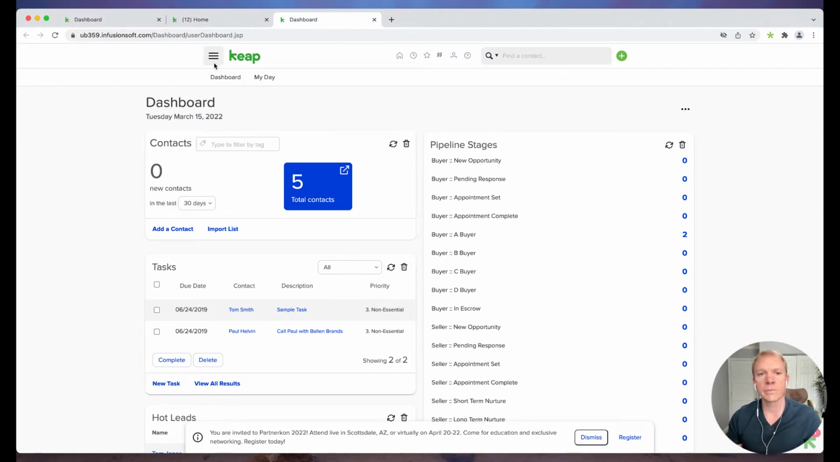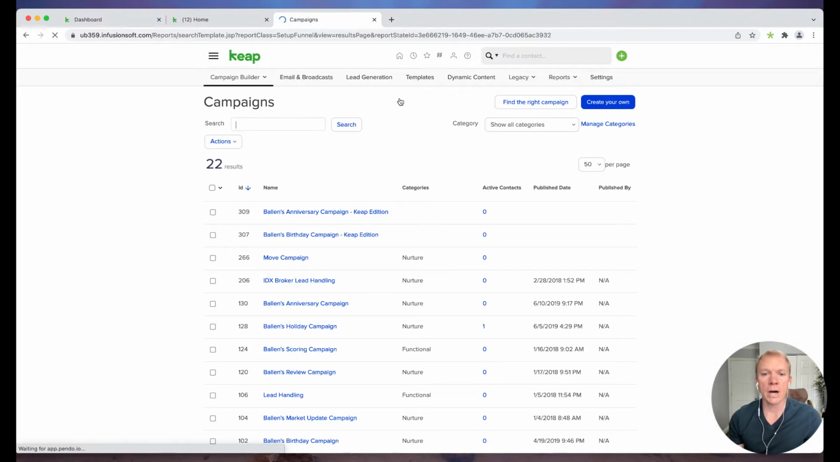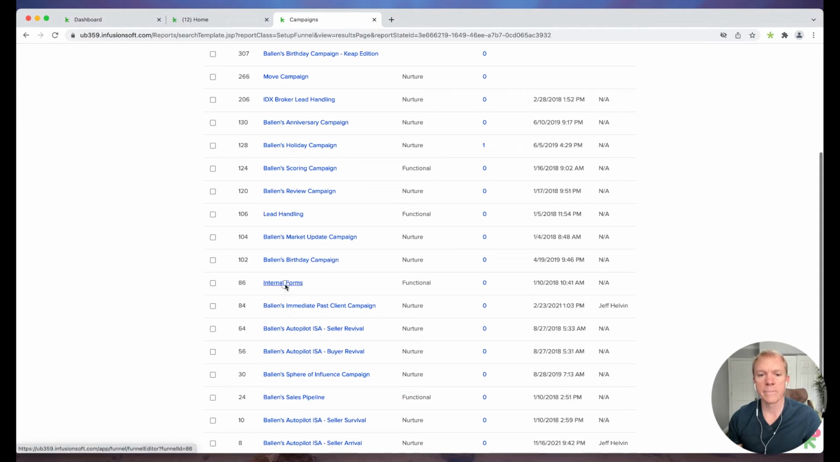Now, internal forms here is all done through the campaign section in Keap Max Classic. So I'm going to click on my menu over here. I'm going to click on Campaign Builder. Now, we create an actual campaign called internal forms just so that we have all of our different internal forms